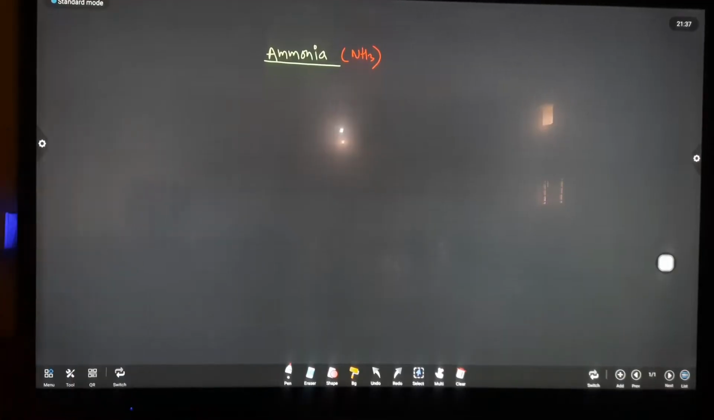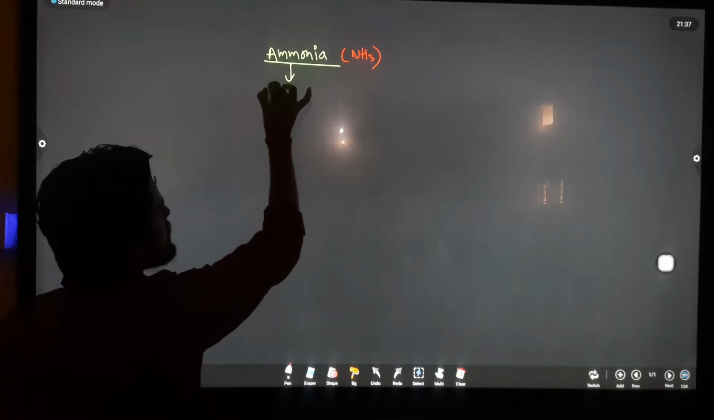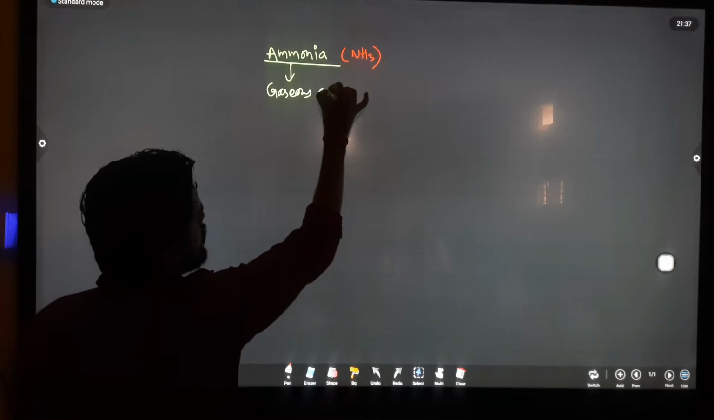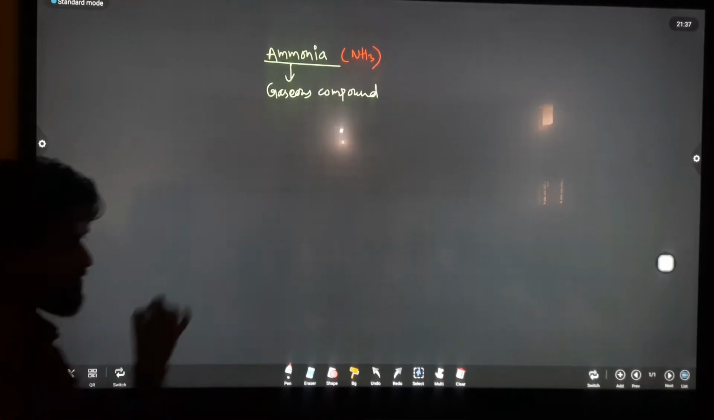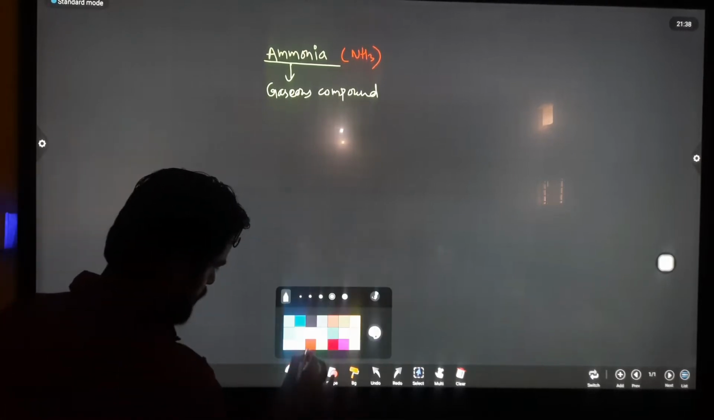So today's topic is ammonia. Its molecular formula is NH3 and it is a gaseous compound. Now why is it called a gaseous compound? It is a gas. Now why is it called a compound? Since it is made up of